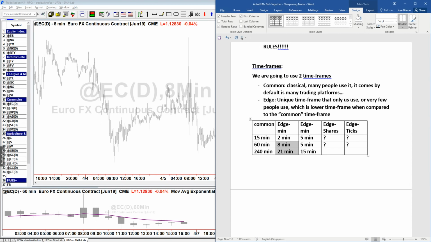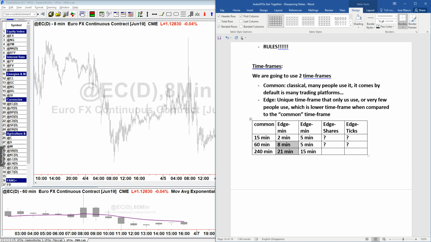Not only because traders use it, but on top of that, it's very simple for a computer to use it when it comes to deciding about which time frame to trade, for example, right? So the 21 and the 8 happen to be fib numbers, and therefore they would be valid selections for the time frames, because not only are they those edge time frames, those weird, unique time frames that only us use, but guess who else uses them? Also the institutions when they add orders, okay? Not the institutions when they try to trick people by identifying where people got the stops and running those stops out, and then the market goes their way and all that stuff. Not that. I'm talking about when the institutions add orders.